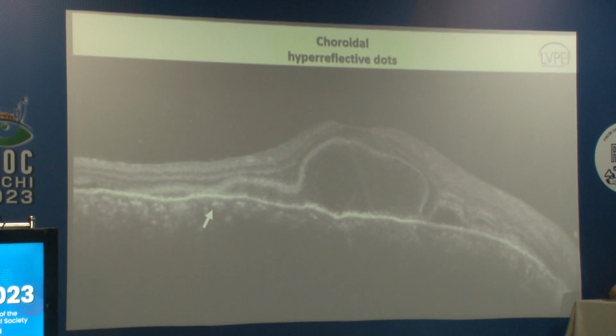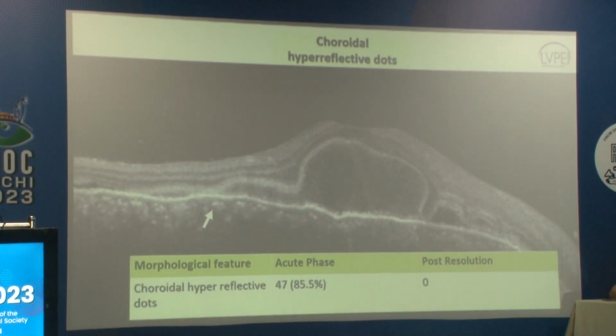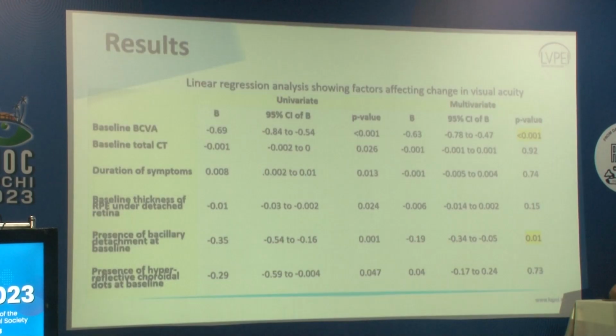The choroidal hyperreflective dots are well-circumscribed lesions within the choroid, seen in around 85% of the eyes during the acute stage, and all of these resolve following resolution of the disease. And in our patient cohort, even though the vision improved in all our patients,